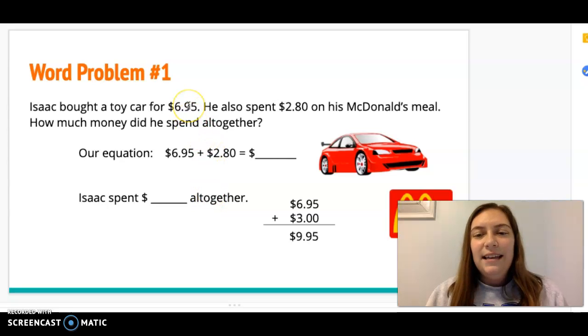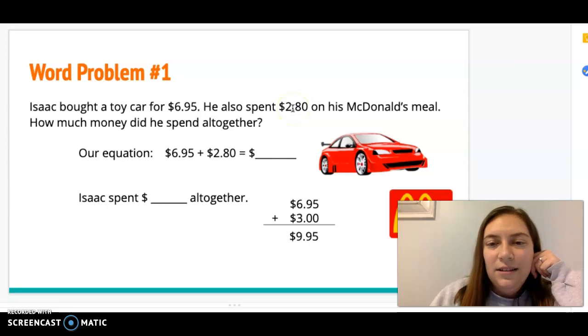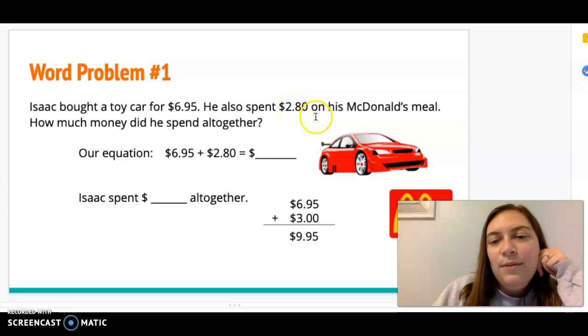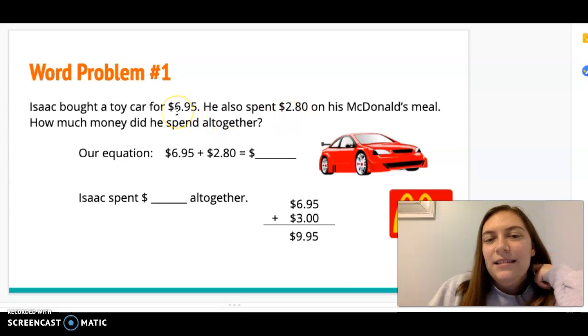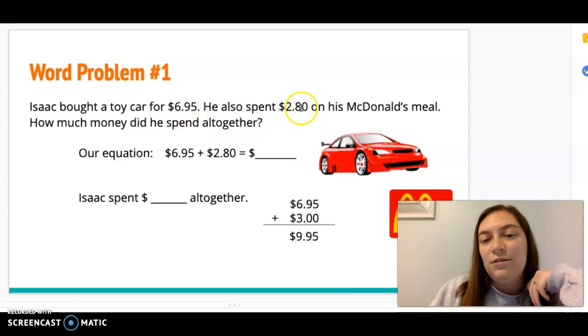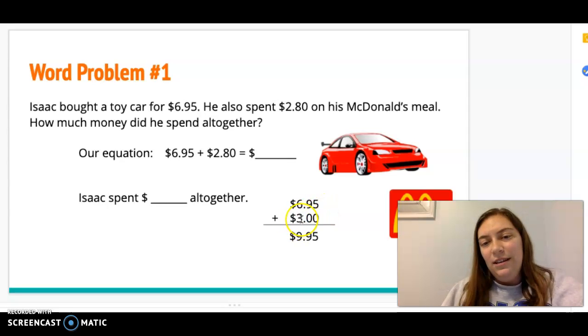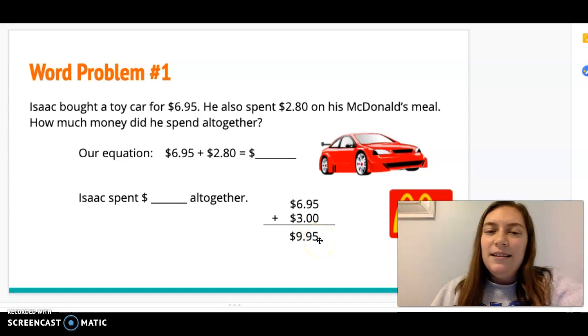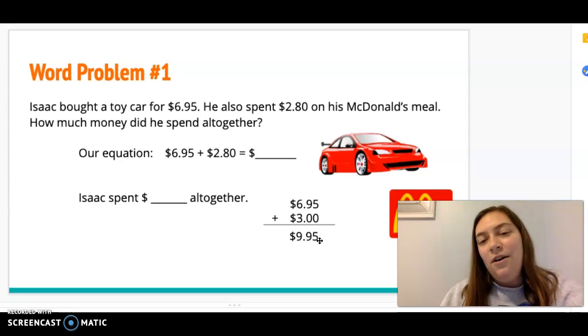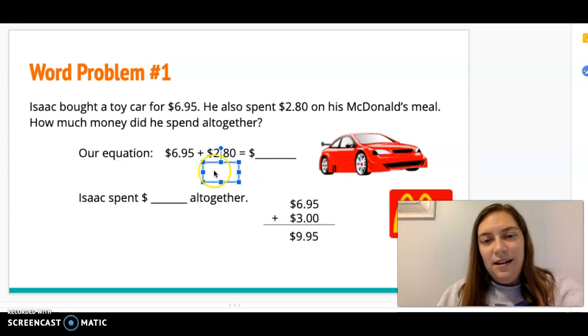The way I did this is I saw that $2.80 could easily be moved up to $3. So instead of adding $6.95 plus $2.80, I came down here and I added $3. And I got $9.95. But is that what we were supposed to add? No. You see, here I